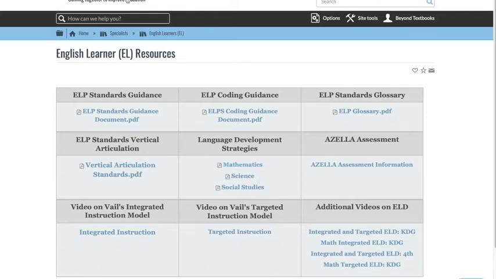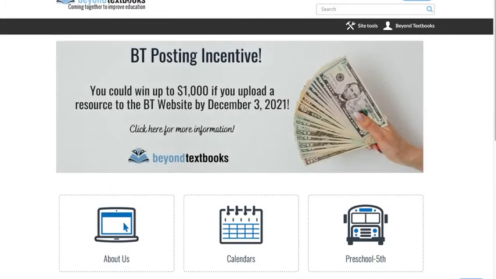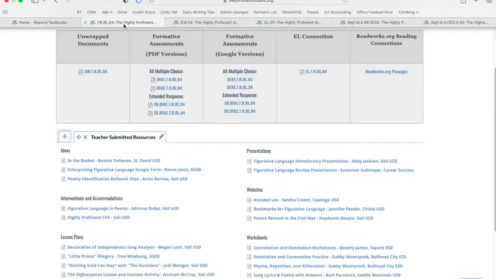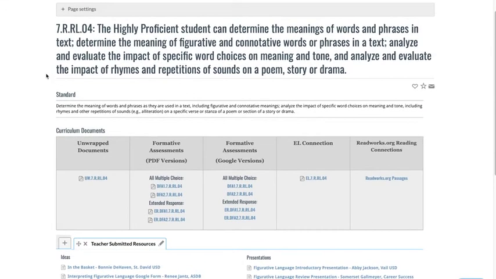What I'd like to do now is click the BT logo to jump back to the home page, and I'm going to navigate to a few different pages that I've pulled up. One, this is the 7th grade reading standard of RL04, and you'll see what I'm about to show you. You'll see it in every reading or writing standard starting in K going through high school, and that is this. In the curriculum documents section here, where we're used to seeing unwrapped documents, maybe formatives, we've added a section right here that says EL connection,